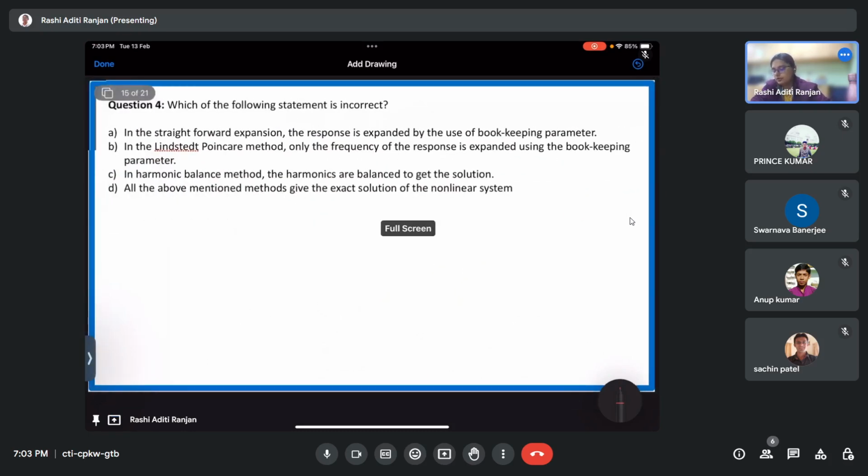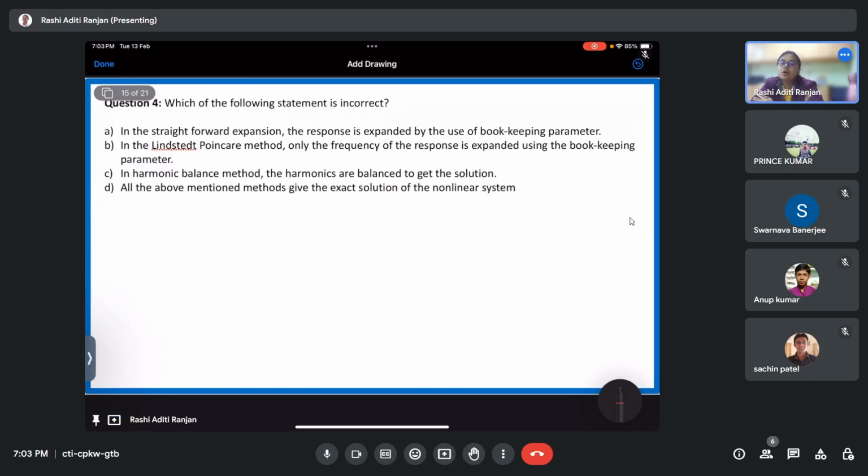Coming on to the fourth question. The question says: which of the following statements is incorrect? So we have to find which of the following statements is incorrect. The first is, in the straightforward expansion, the response is expanded by the use of a bookkeeping parameter. So what happens in a straightforward expansion